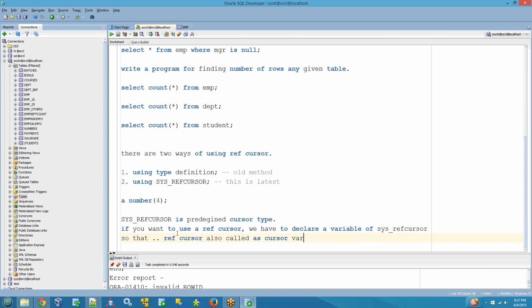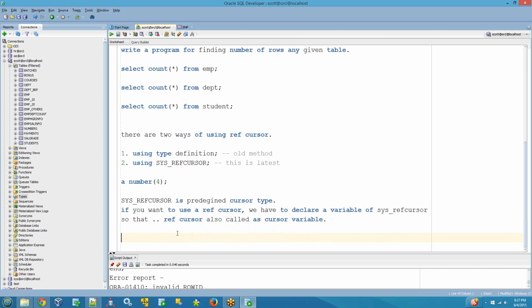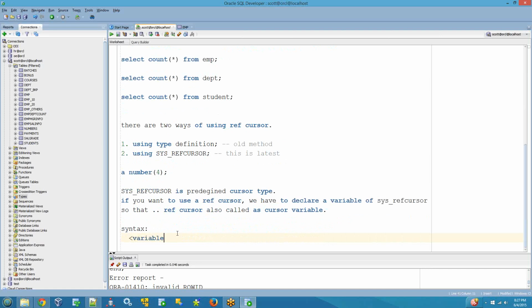Why I am saying variable is, we have to declare a variable of type sys_ref cursor. Instead of declaring a cursor, we declare a cursor variable. In the explicit cursor, we write cursor C is select star from EMP. We are declaring a cursor, but in the reference cursor, we declare a variable of it. Declaring a cursor variable: variable name,